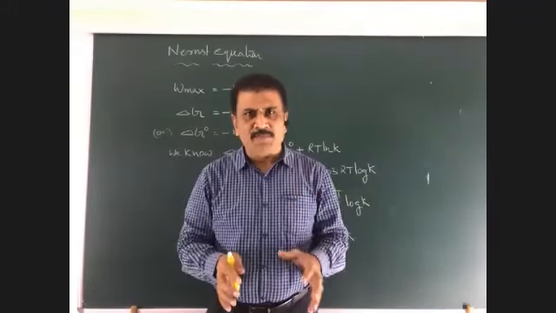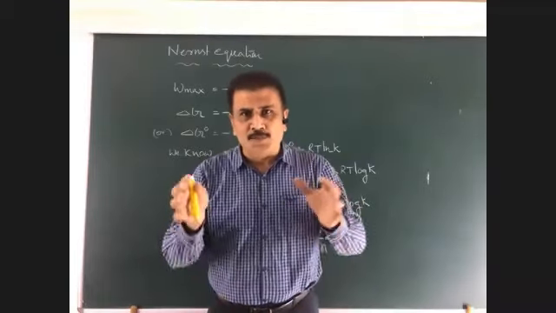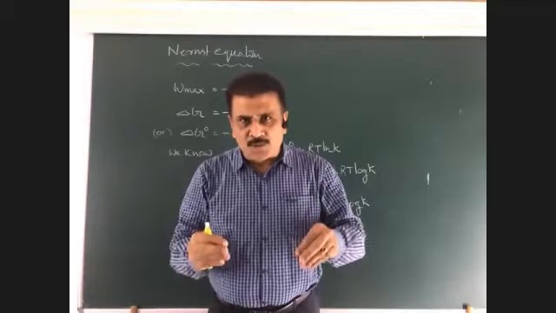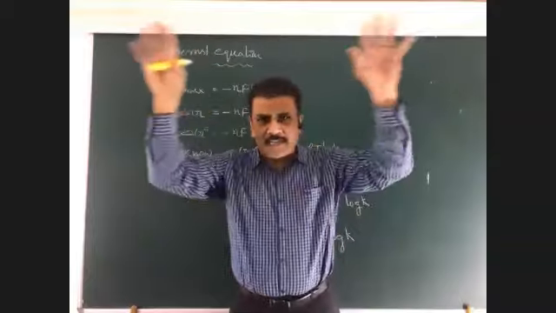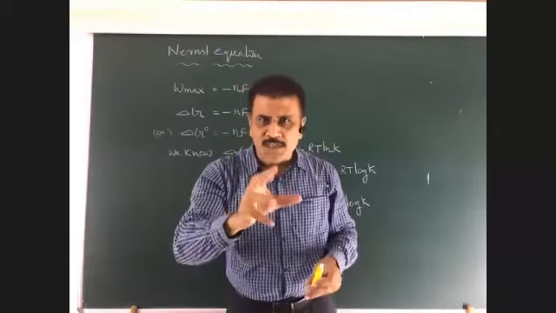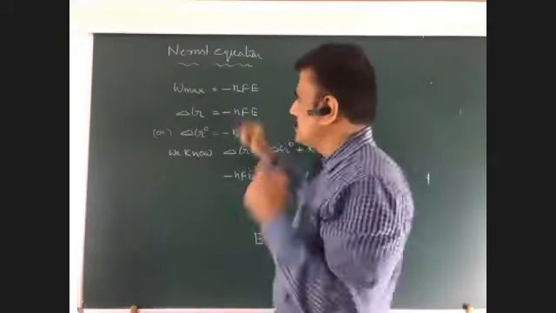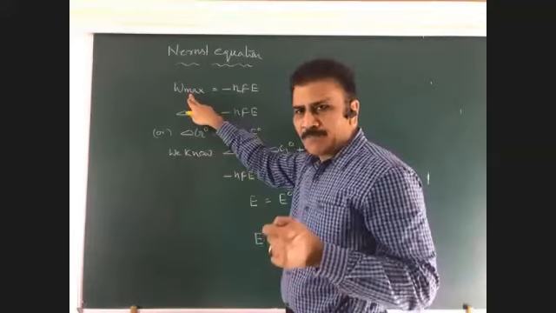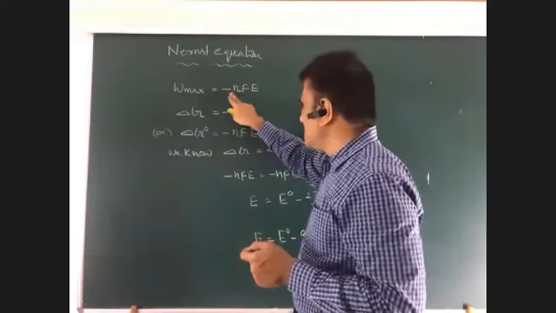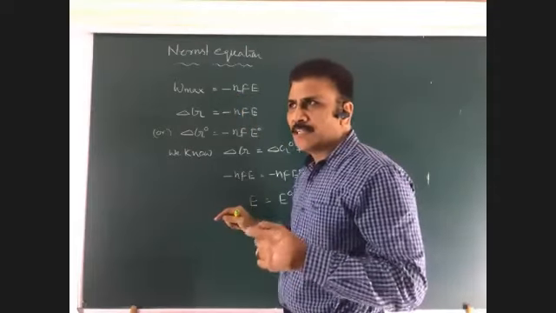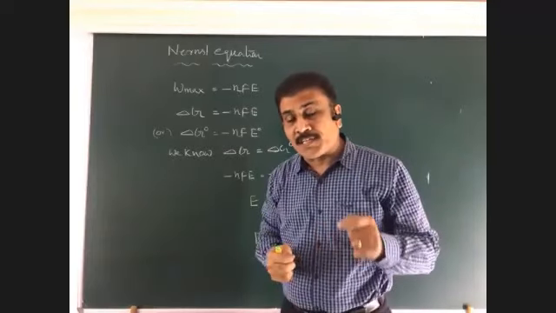So to find out the EMF of the cells at different concentrations and to find out the electrode potentials of single electrodes at different concentrations, this is very, very helpful. The entire concept is simply formulated in this Nernst equation. In this, what is the work maximum? The electrode potential work can be written as minus nFE. Work is attributed with the help of Gibbs energy.